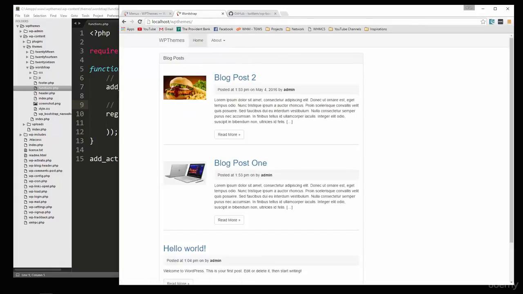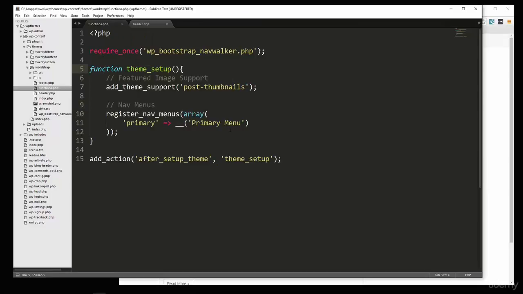So awesome. You can see how easy that was to implement a navbar, and this is definitely something that you could use in other projects as well, any kind of Bootstrap WordPress theme. Now what I want to do is get the sidebar set up so that we can add sidebar widgets. So still in the functions.php file, we're going to go underneath the add action here, and let's create a